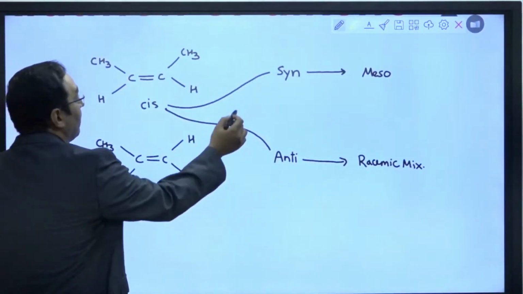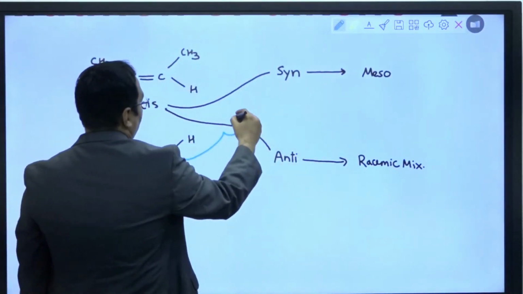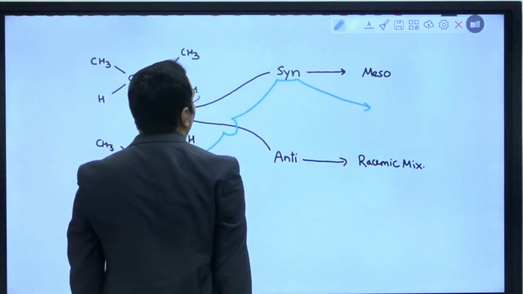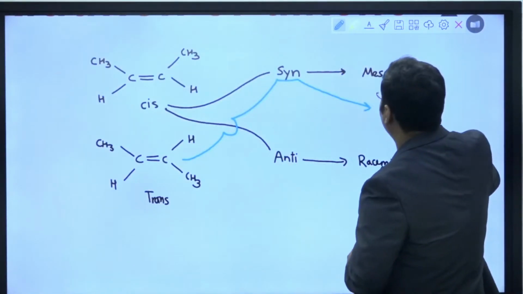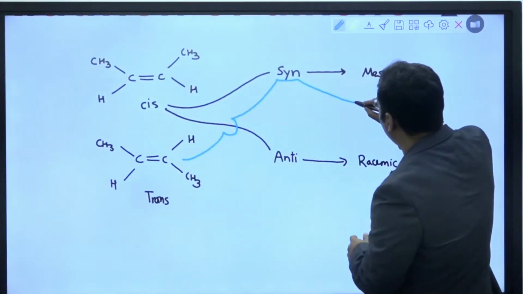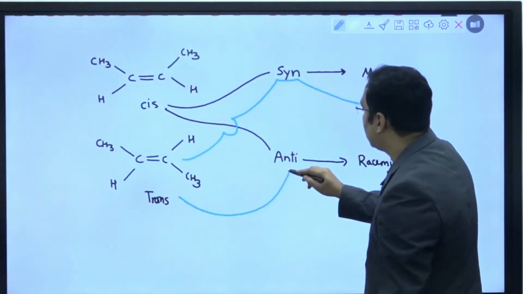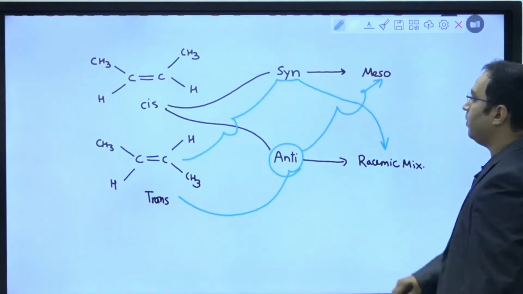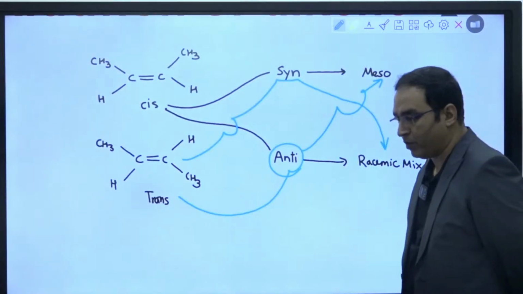If you take trans compound, you do syn addition, it is going to give racemic mixture. And if you take trans compound, do anti-addition, is going to give मीजोफॉर्म। पहले इसको आप नोट कर लीजिए, फिर इसका मतलब क्या है वो भी हम समझते हैं।